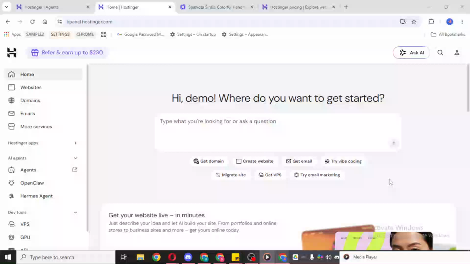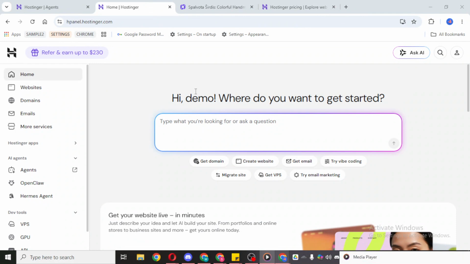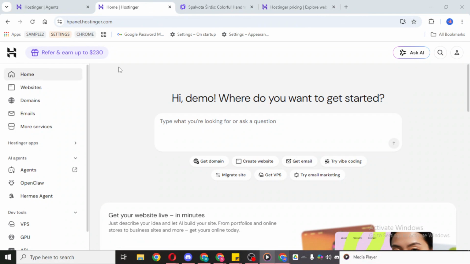In today's video, I'm going to teach you how to manage notification settings in Hostinger. If you want to control which emails and alerts you receive from your Hostinger account, this process is very simple and only takes a moment. Adjusting your notification settings can help you stay informed about the things that matter most, while also reducing messages you may not want to receive.